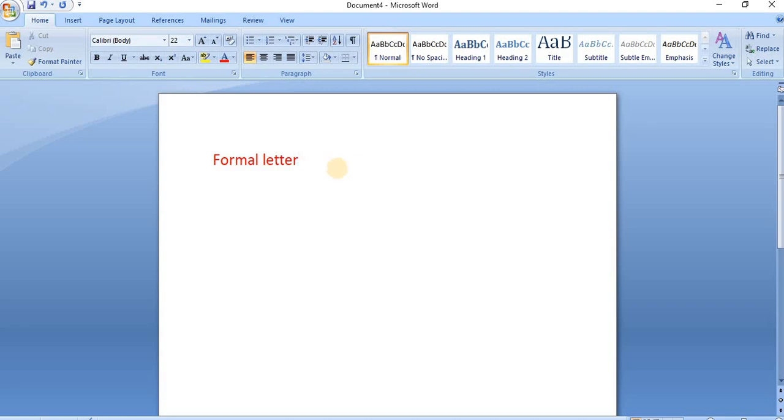So for the formal letter, you have to begin writing the letter. Here I'm going to take an example. Suppose the question in front of you is: write an application to the principal asking for 3 days sick leave. Because you are sick, that is why you are asking for 3 days leave. That application you have to write to the principal ma'am. Okay, let's begin writing the formal letter.